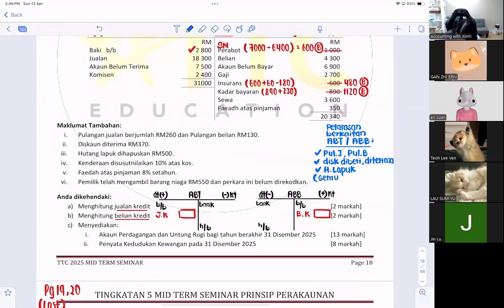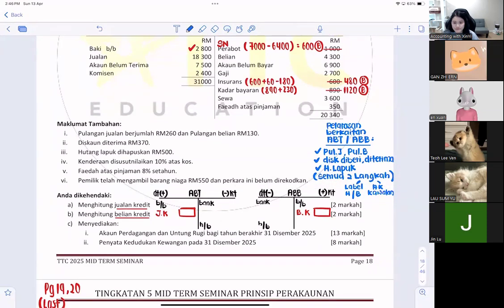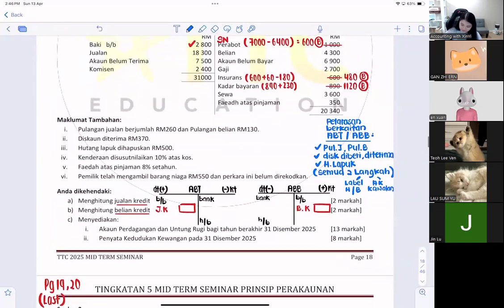Semua 2 langkah, means that must be 2 steps, okay? That is label hasil belanja, account kawalan. Label hasil ataupun belanja, account kawalan. So these 2 langkah, except if